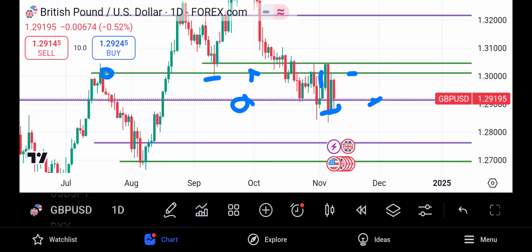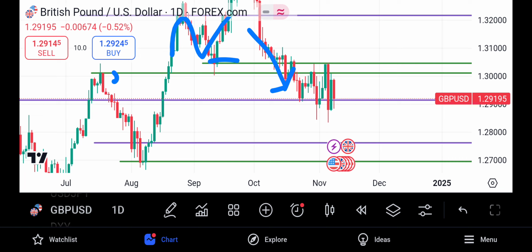So just like I said, I'll be looking for my shorts because, one, the market is in an established downtrend. Two, if you follow this M pattern structure on a daily time frame, you have gotten your retest. Three, this is a key level that the market tried to break above last week but failed, so it's a fake